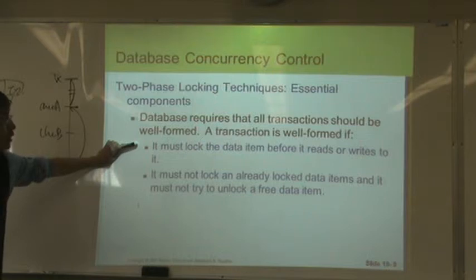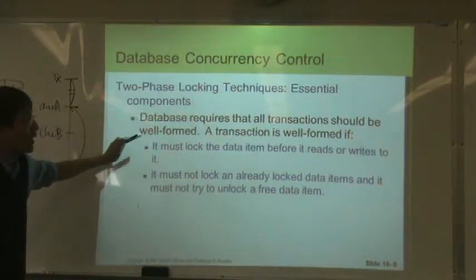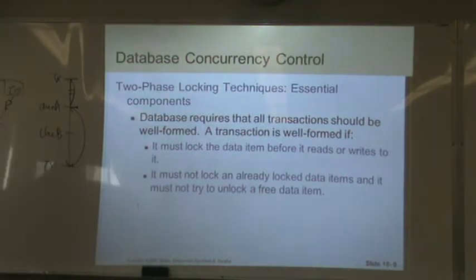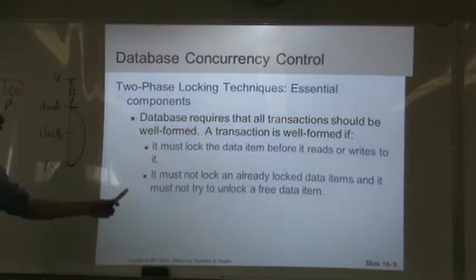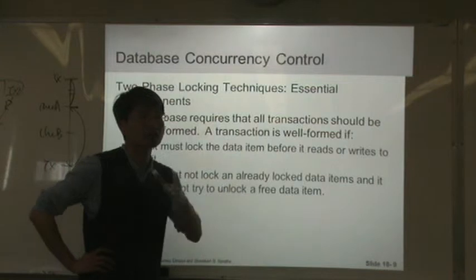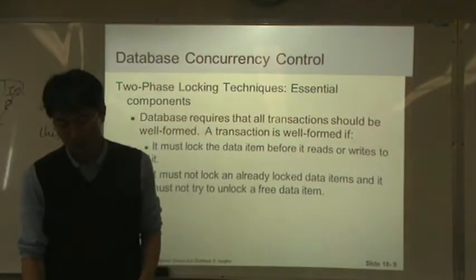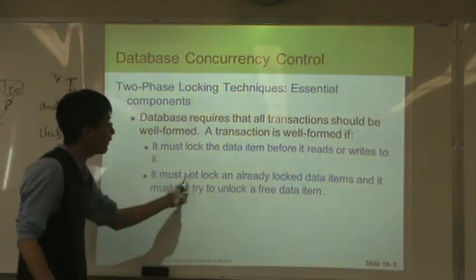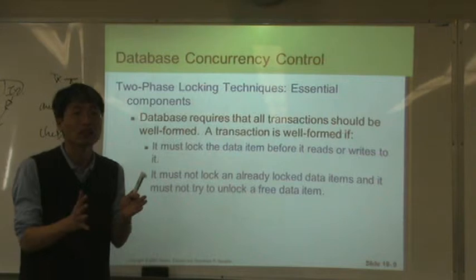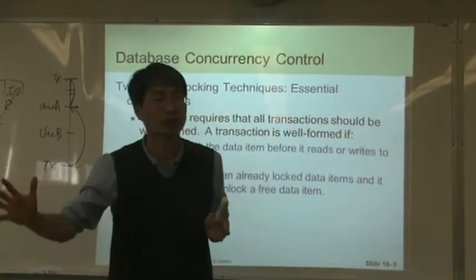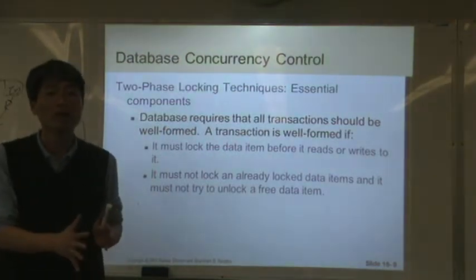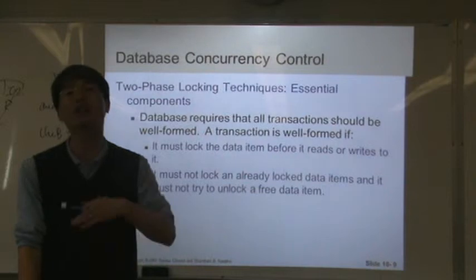Okay? Database should be well-formed. Well-formed means when you read or write the data, any data item, they need to get the lock. Without lock, they cannot even read the data. Okay? And also, if it's already locked, then when it's done, it should unlock. If the data item is already locked, the other transaction cannot bother, until that transaction releases the lock. Okay? So that is well formed. This is a kind of assumption